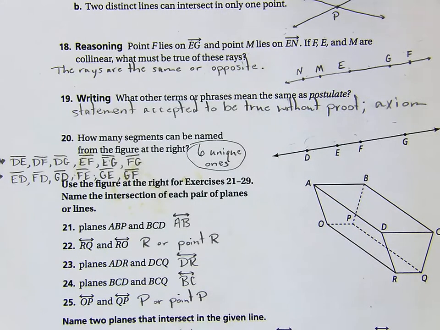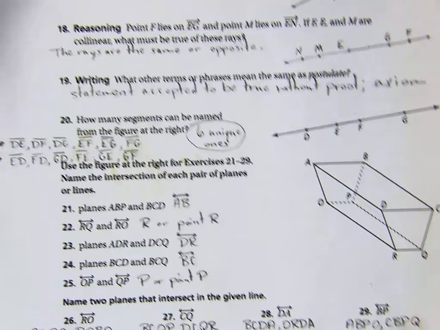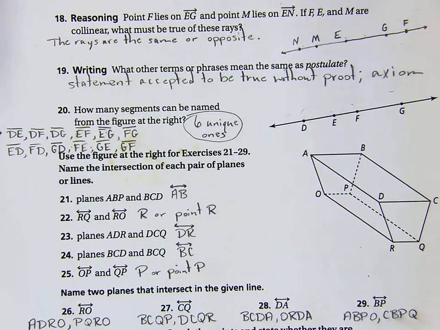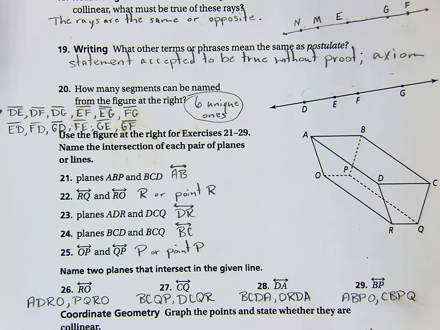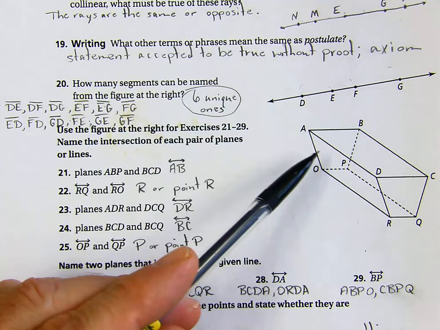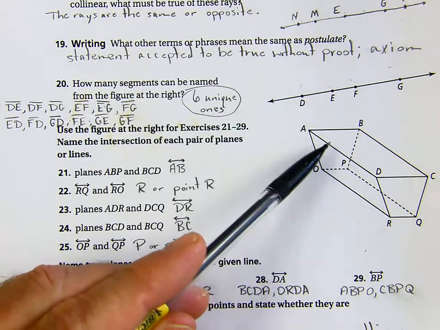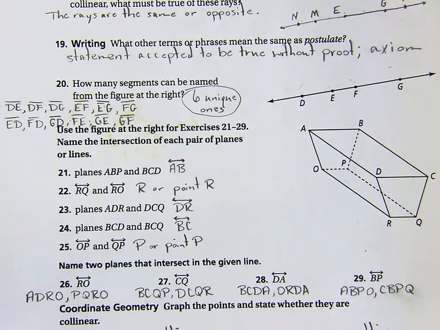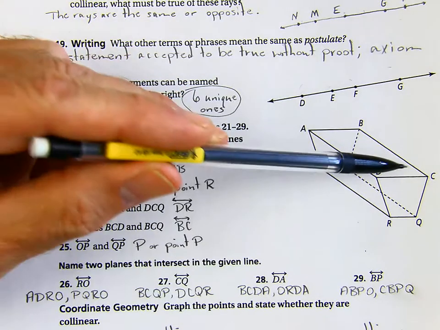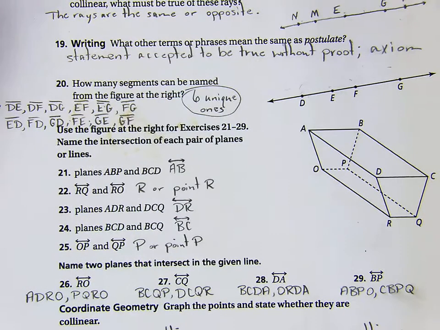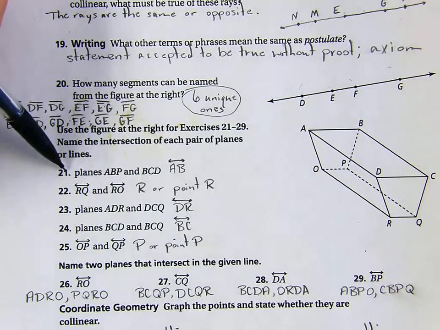So there were 6. Next, it says use the figure at the right for exercise 21 through 29. Name the intersection of each pair of planes or lines. Okay, this looks like these are trapezoids on the end, so it's a trapezoidal prism. It looks like some sort of a trough or a gutter or something, but still, each of the faces, and there's 6 faces, the top, the bottom, the left, the right, and the front and the back. 6 faces there, but of course we know there could possibly be other planes and things in there as well. They start us off, number 21, plane A,